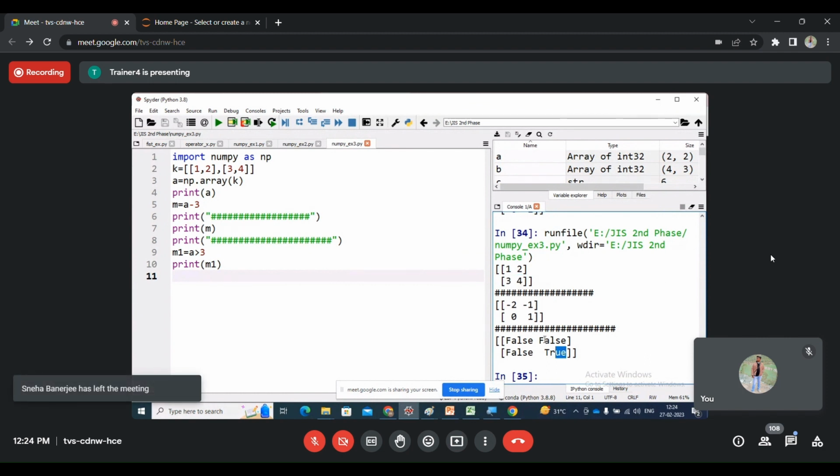Any comparison operation, greater than, less than, greater than or equal to, less than or equal to, and all the arithmetic operations are executed element wise in case of a NumPy array or matrix. All of you got it? Any question, any doubts? No, sir. Achha. Next,